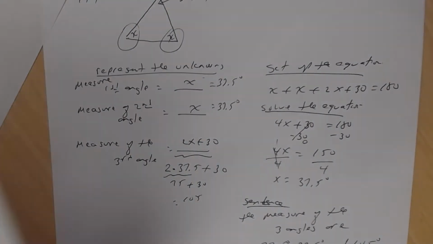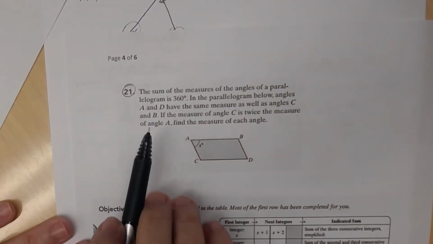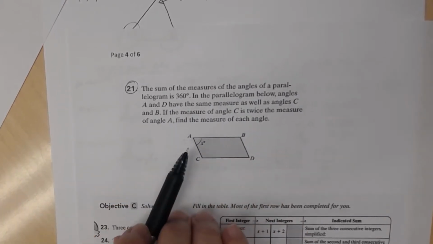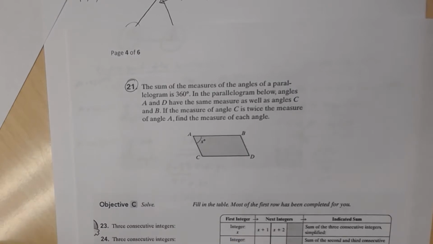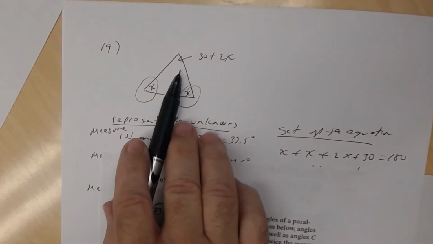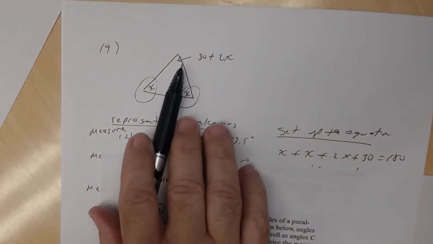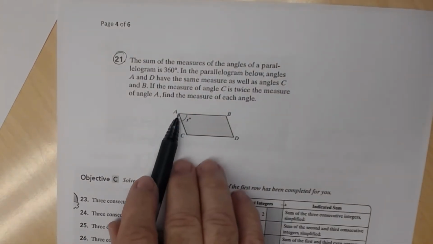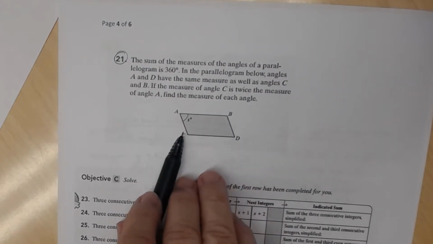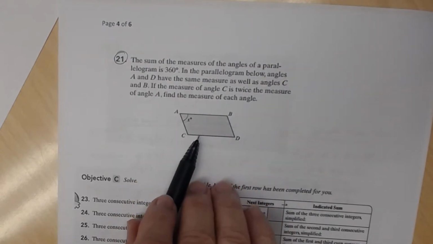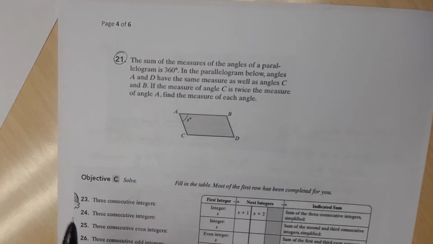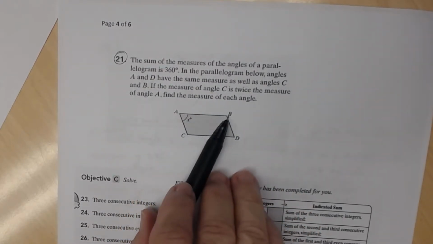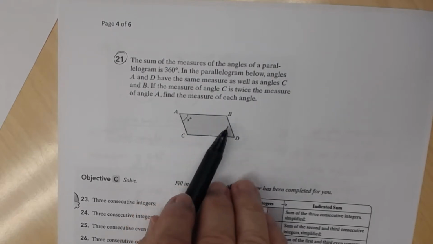So let's look at 21. Okay, so 21, you're told that the sum of the measures of the angles of a parallelogram is 360. So remember, when you add up the three angles of a triangle, they have to be 180 degrees. In a parallelogram or a quadrilateral, there are 4 angles. And so when you add up those 4 angles, you don't get 180, you get 360 degrees. So we have to use the fact at some point that those 4 angles have to add up to be